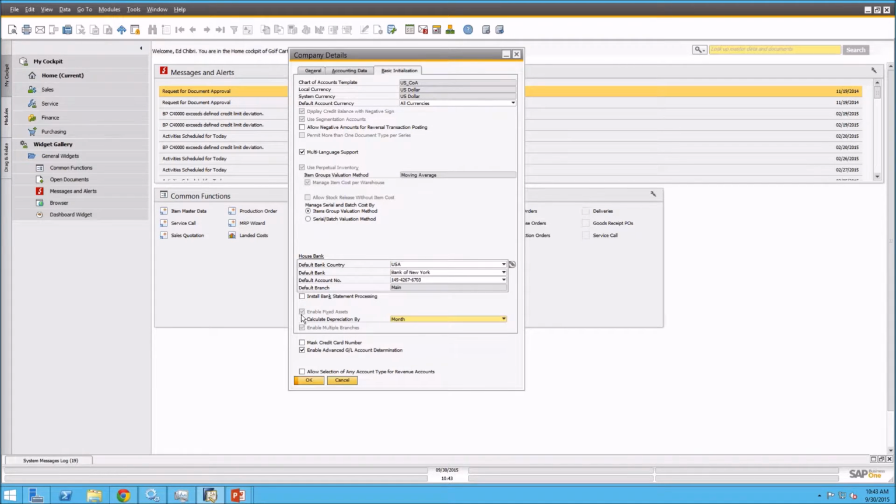If we go a little further down, you can see here's the enable fixed assets flag and enable multiple branches, and because I've switched it on, it's grayed out. I now can't go back. So again, a good thing to do in your test database first. Now that we have that switched on,